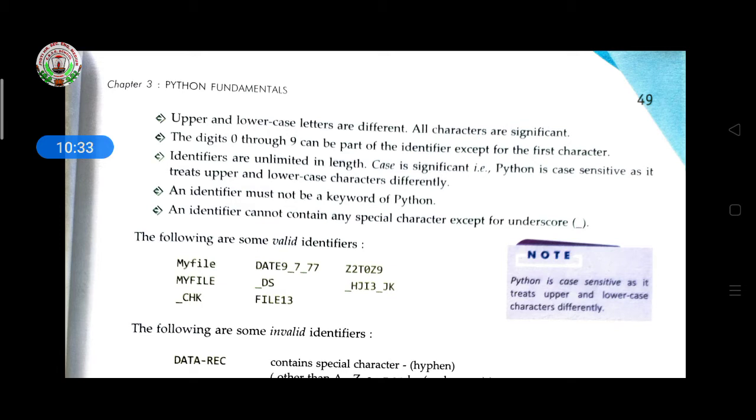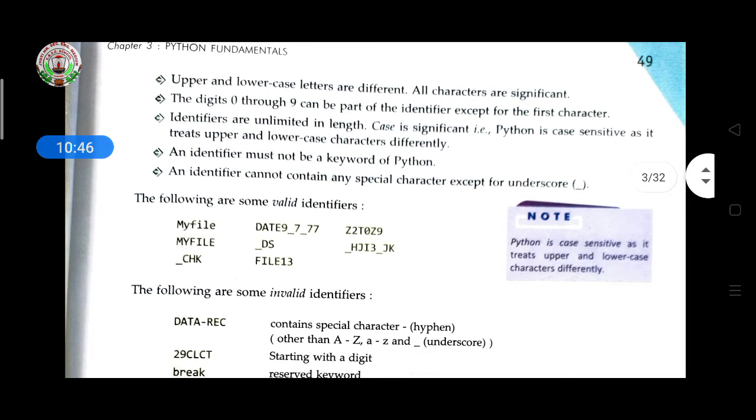If you initialize a variable in uppercase, you have to call that variable in uppercase only. Then, the digits 0 to 9 can be part of identifiers except as the first character, so a number should not come first. Identifiers are unlimited in length. Case is significant; that is, Python is case sensitive as it treats upper and lower case characters differently.